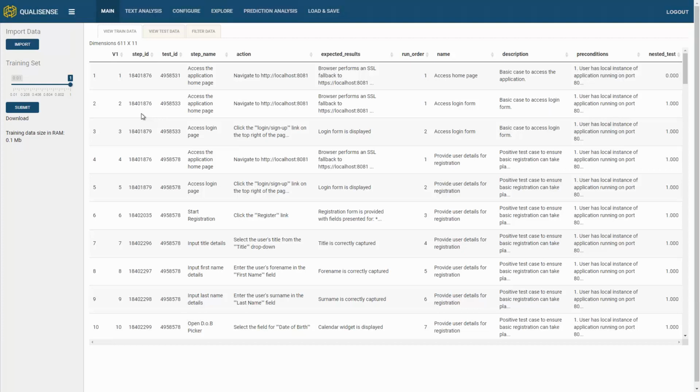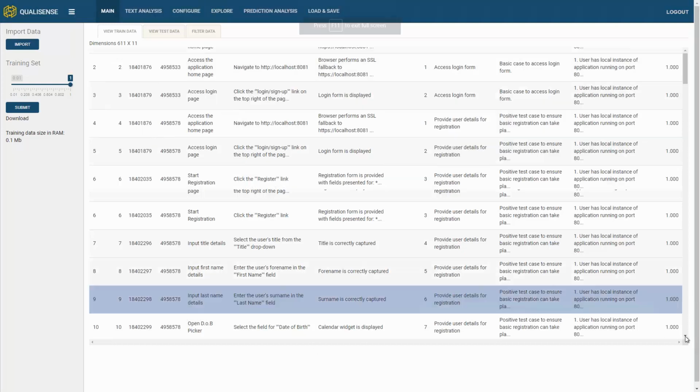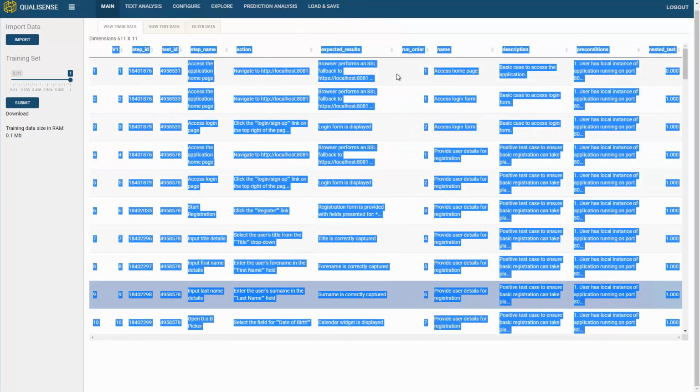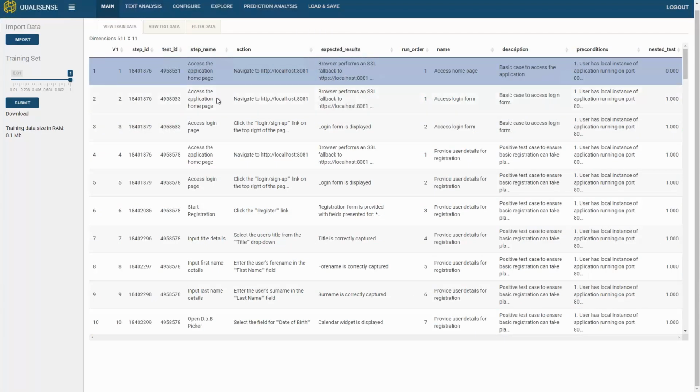And what you've got here is we've taken some test data. In this case, we've taken a regression test pack. It's a pretty noddy regression test pack. It's for a retail site. And you can see there's some fairly standard use cases. Open the home page, perform some logins, do some registration checks, and so on and so forth. And the kind of data we've taken here is nothing particularly special. It's the same kind of stuff you'd find in general test cases. So we've got a little bit of information about test steps, expected results, the actions undertaken, what's the test case, a bit of description, the sort of things you find in most manual test cases.